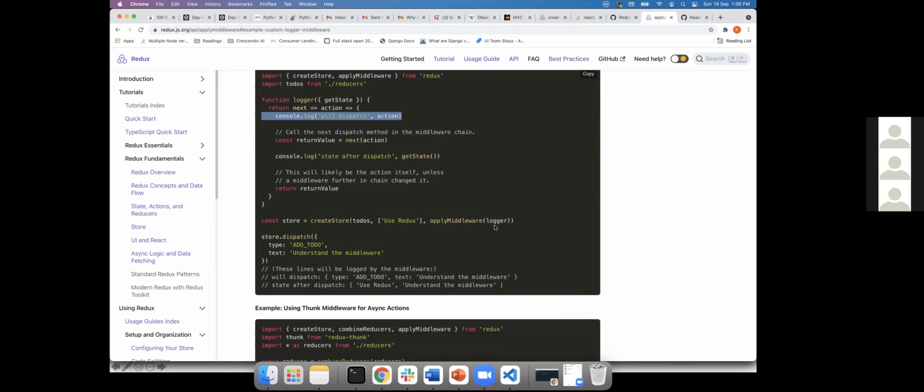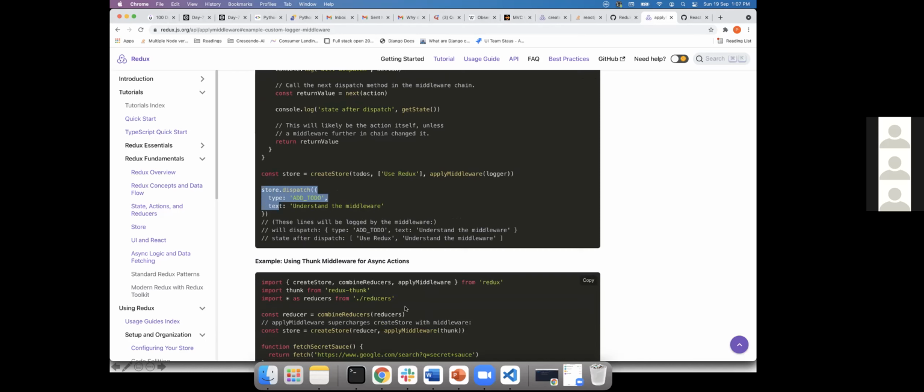Okay. So now the question comes, the purpose of middleware. You see what they're doing here. They're creating a store. There is a to-do reducer, right? They're passing a default value, and then they're applying a middleware. So whenever you are doing this, it will keep logging this. Then it executes with a new payload. You understood, right?